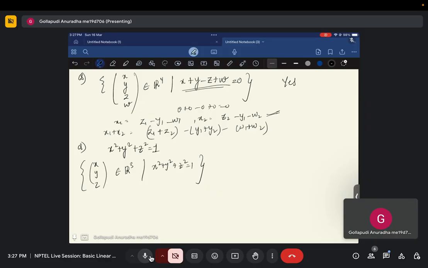Not a vector space. First of all, the zero vector, if you see, is not going to be there, and for addition also, if you see,